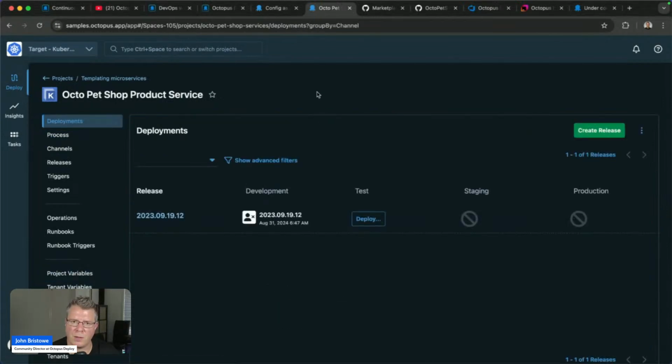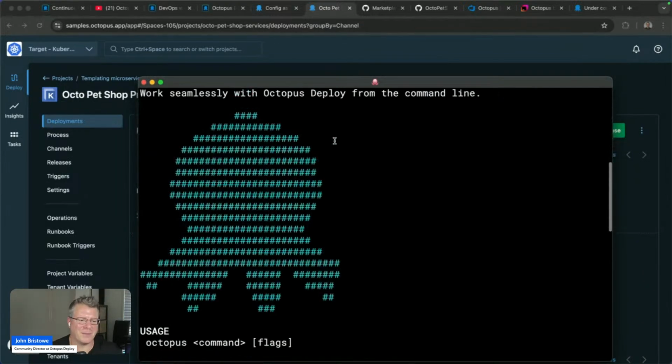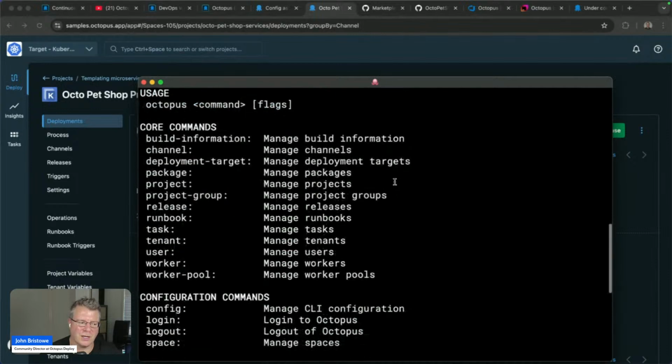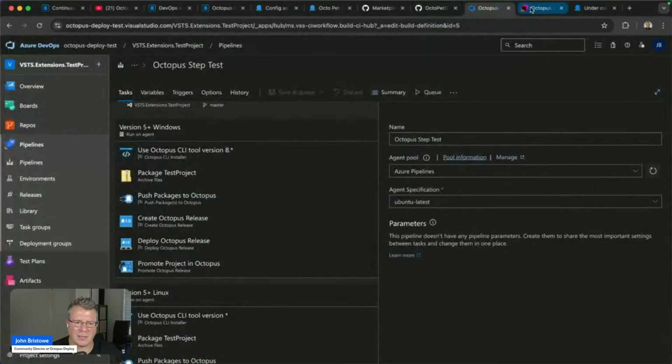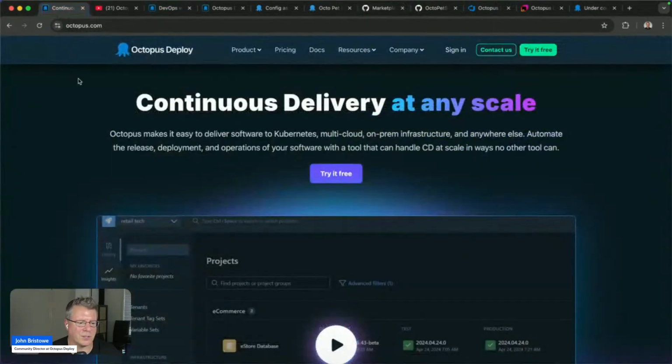That's essentially how we integrate it. There are a bunch of other things you need to know, but again, this is just a 101. There are other things I can show you. For example, I can show you our CLI. Our CLI allows you to do a bunch of things with Octopus. You can trigger a bunch of commands against it if you so wish. We expose to you a bunch of commands that you can execute as part of the CLI. We have integrations with the CI products, as I mentioned earlier. These and other ones are available through the marketplaces that they each have. And of course, you can certainly sign up for a trial and check this out accordingly if you so wish.